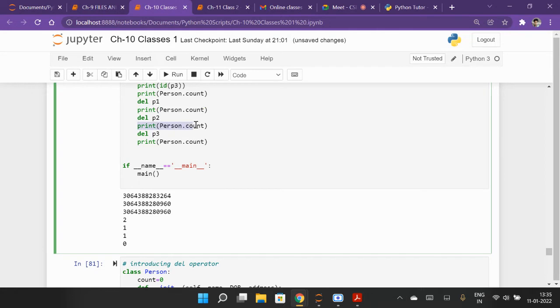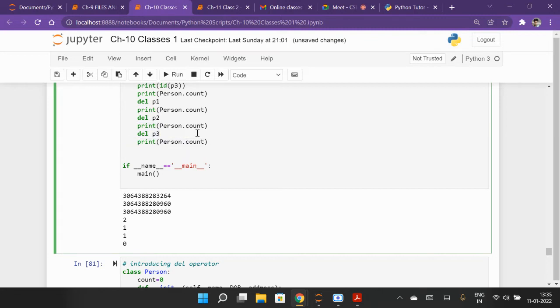After deleting P2, actually initially P2 and P3 are the same object, but when you delete P2, P3 is not being deleted. That's why it is giving you 1 due to P3. It just disconnects the link between P2 and P3 when you delete P2. So P3 remains there. Then after deleting P3, you will get output 0 here.